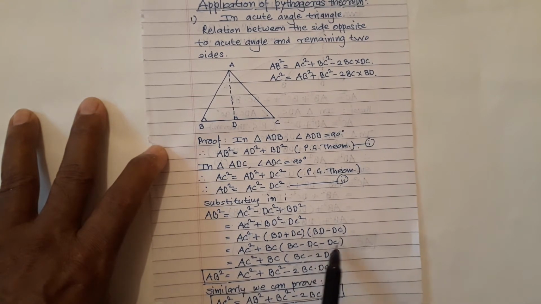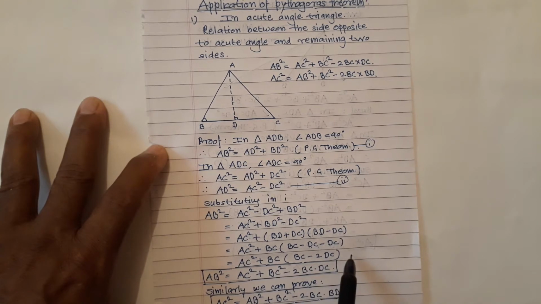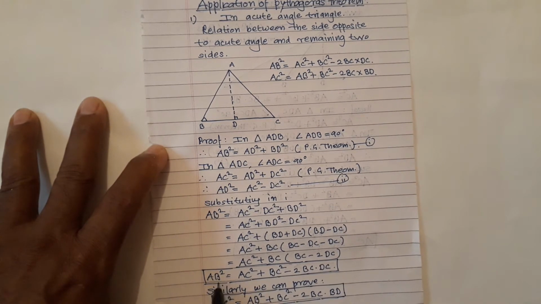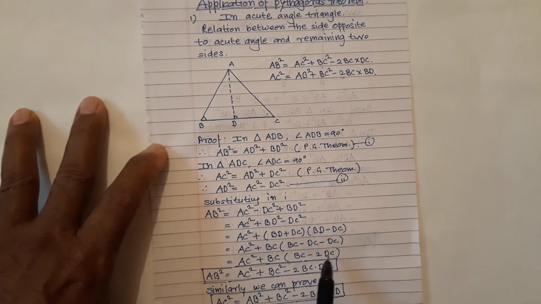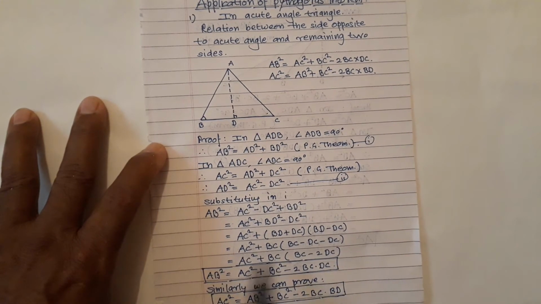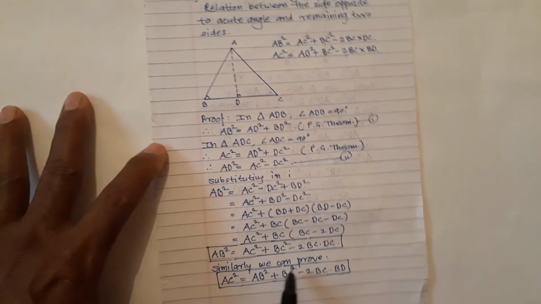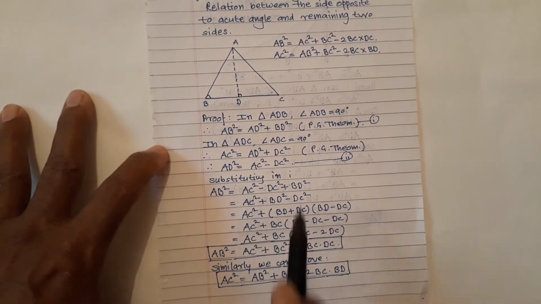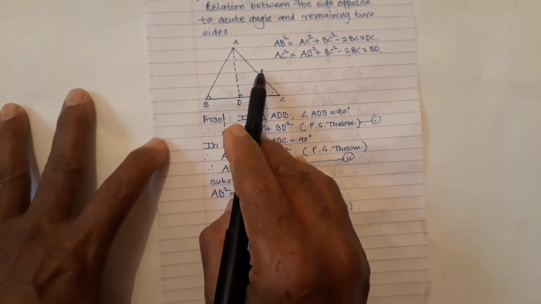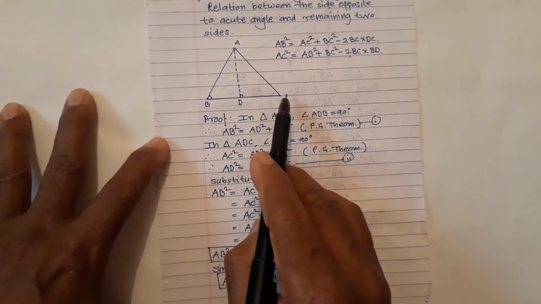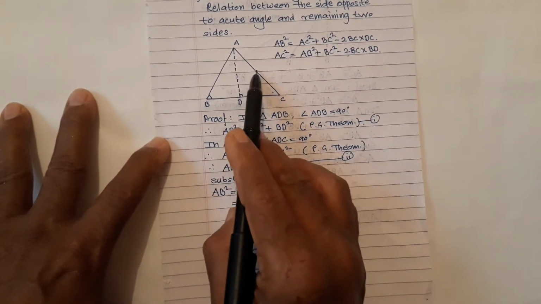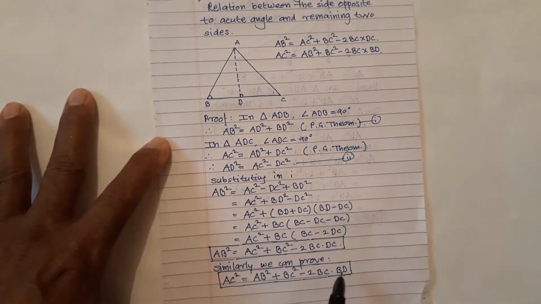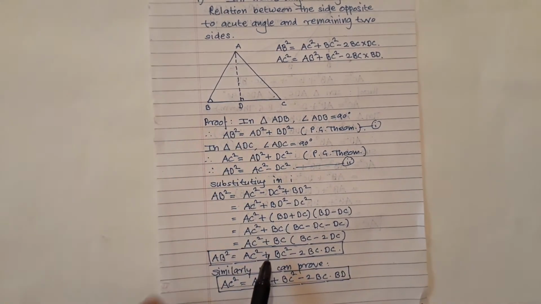Then simplify this, AC square plus BC, and this you add 2DC minus 2DC, and hence AB square is equal to AC square plus this into this BC square, this into this minus 2BC into DC. So this is the relation. Okay, similarly we can prove AC square, this square, is equal to AB square plus BC square minus 2BC into BD. AC is there, take this part BD. Okay. So this property is very important, remember,